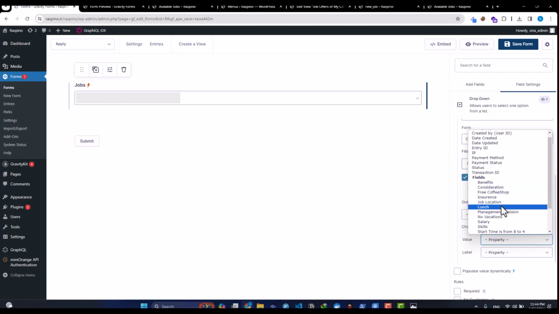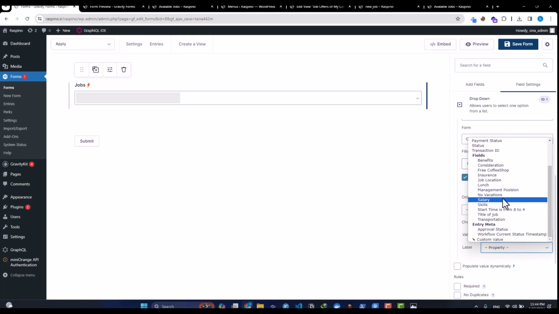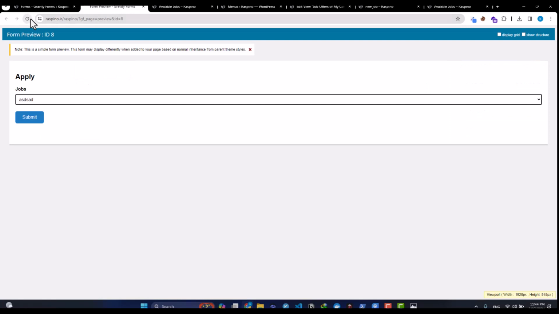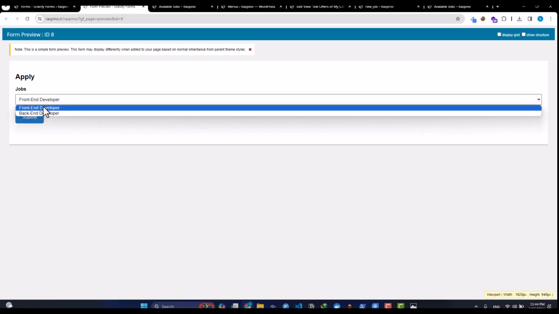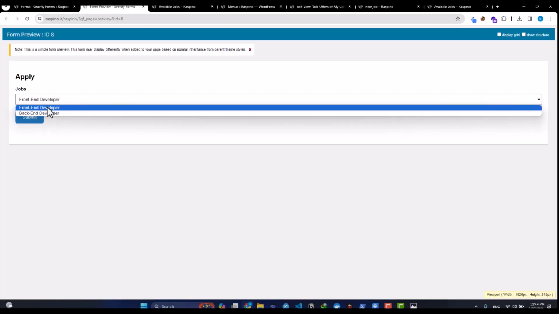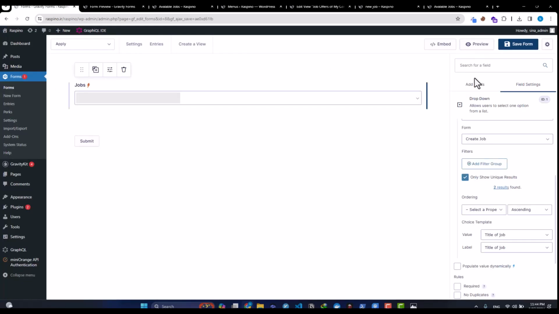So I'm going to create and select the, where is it, job title. Okay, title of the job is selected. So if I save and preview this form, here we go, bingo. Now if I create a third item for the jobs, this will be added here. So the user could select from the available jobs, and let's just add